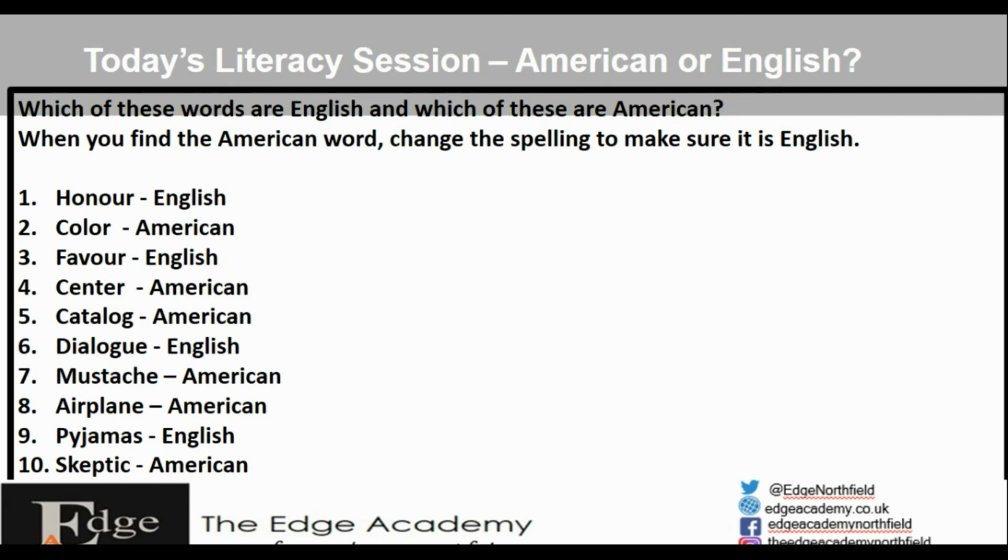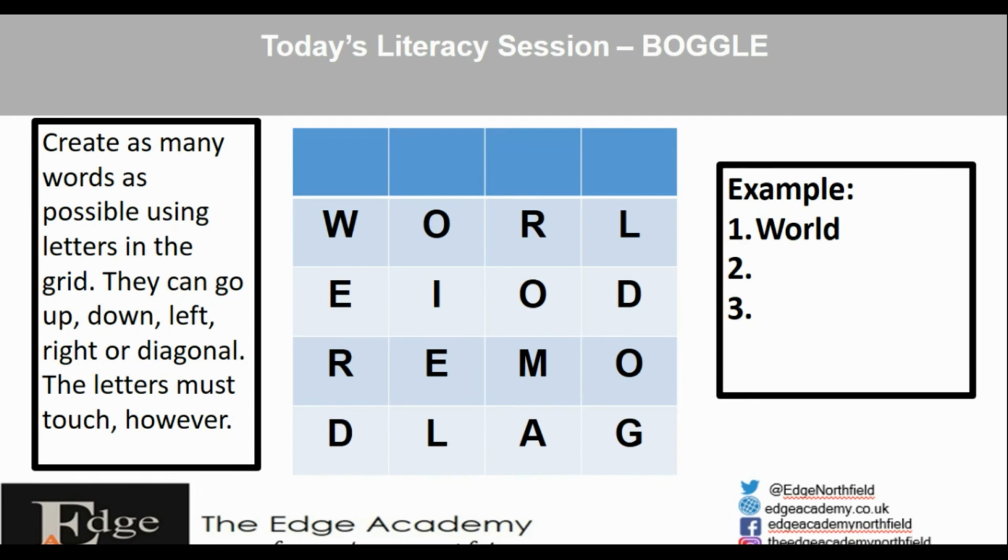Right, finally, the last task. As you can see, it is the game of Boggle. You can see there that there are many different letters on the page. So what you need to do is create as many words as possible using the letters in the grid. They can go up, down, left, right, or diagonal, but the letters must touch. They cannot not touch. For example, you can have the word world,